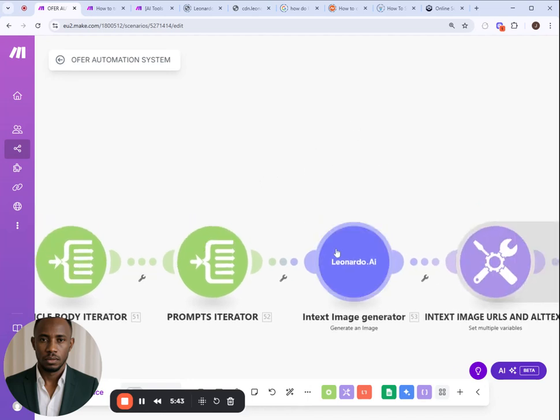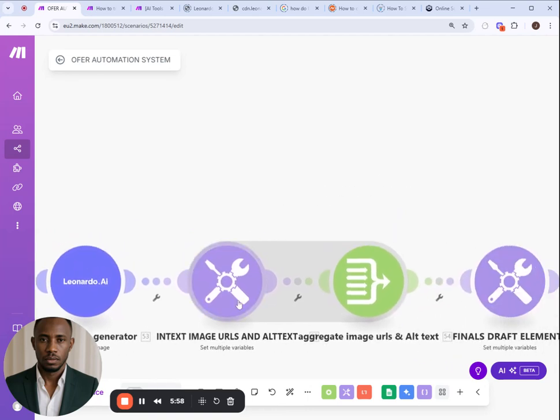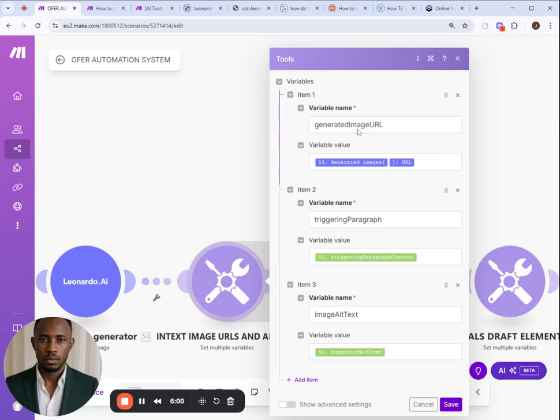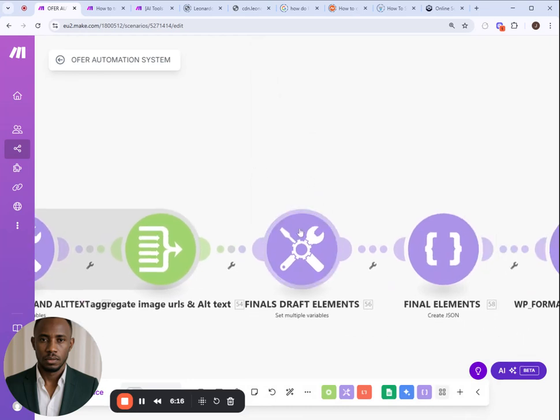So after that, we now go to another module, Leonardo AI, which is now creating the in-text images using the prompts that were iterated by the prior module. From that, we go to another iteration that now takes the generated image URL and also the triggering paragraph for that particular image, and then aggregates it into a format that is being stored in this